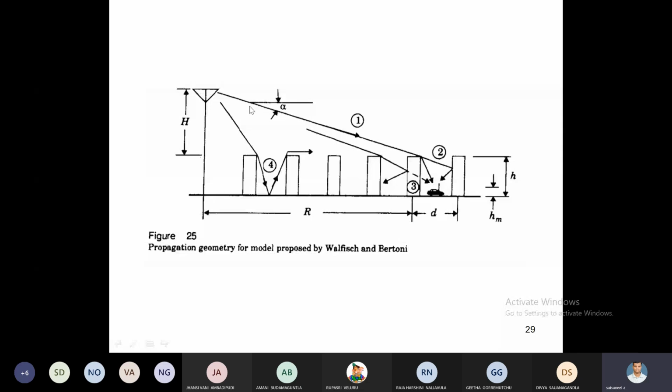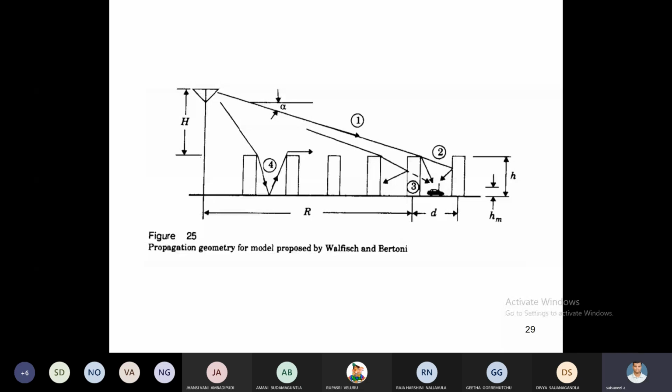Here what is R? R is nothing but the distance from the transmitting antenna to the receiver. In this small distance d only, we are getting a number of reflections that finally reach the mobile station. Likewise, we have to calculate Q². Q² is nothing but the reduction of the rooftop signal due to the rows of buildings which immediately shadow the receiver at street level.